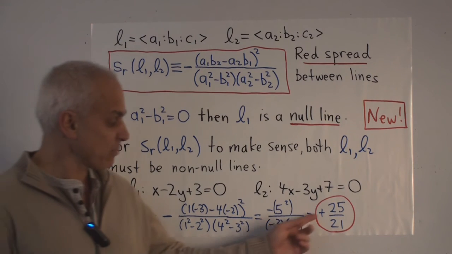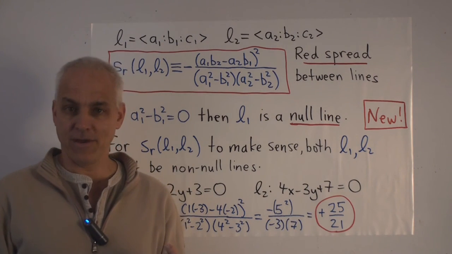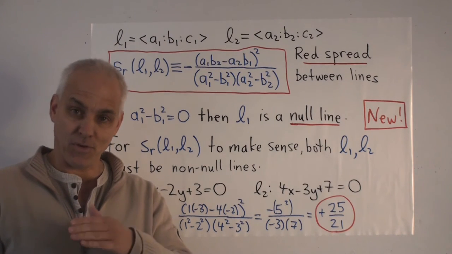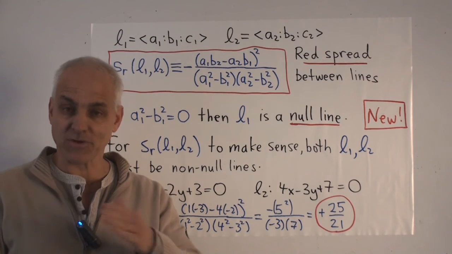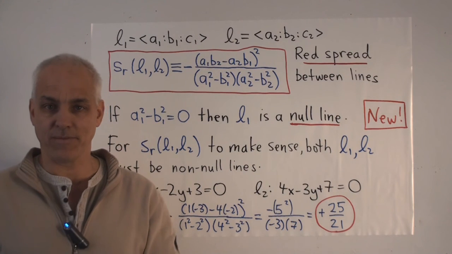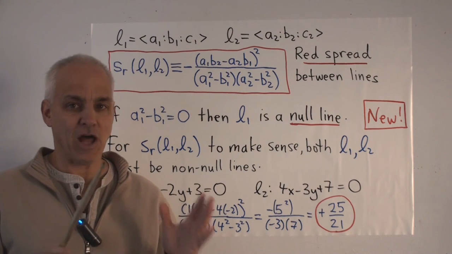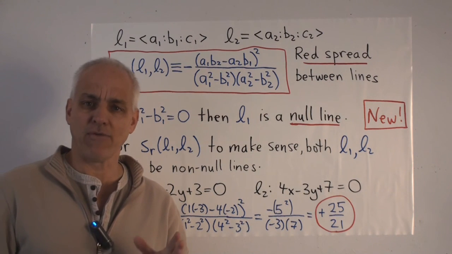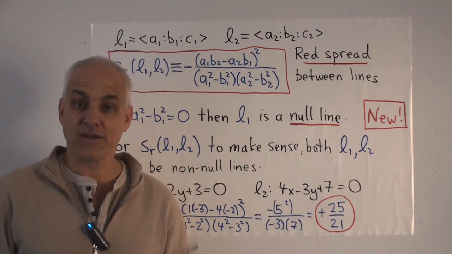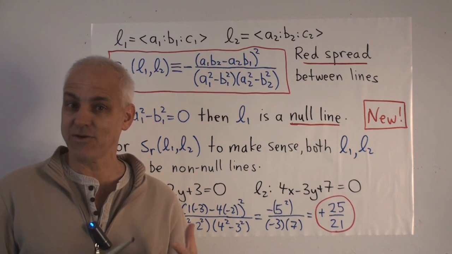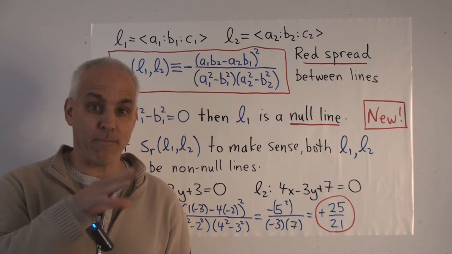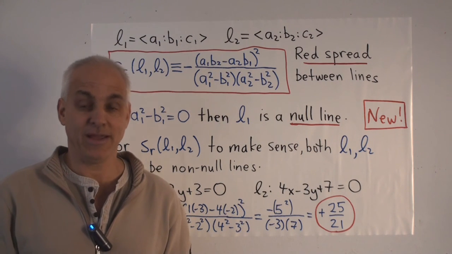And note that this spread is a number bigger than 1, which is something that can never happen with blue geometry. With our ordinary regular rational trigonometry, the spread is always between 0 and 1. So there's obviously a lot of new things going to be happening here with this geometry. And next time we're going to have a look at a lot of different examples to give you some intuition as to how this geometry goes. We're aiming towards what are the main laws of trigonometry in this setting.